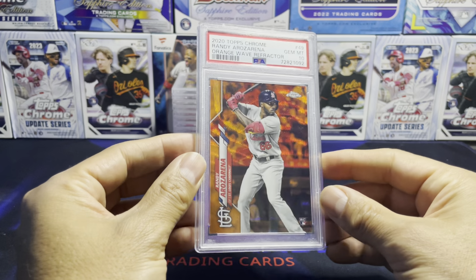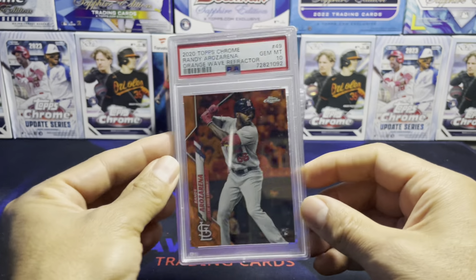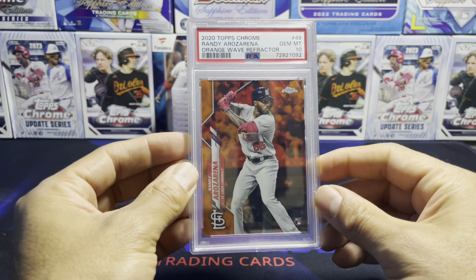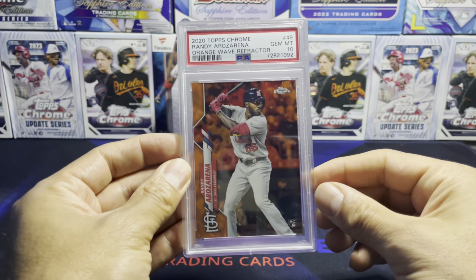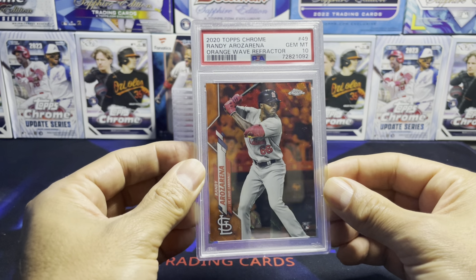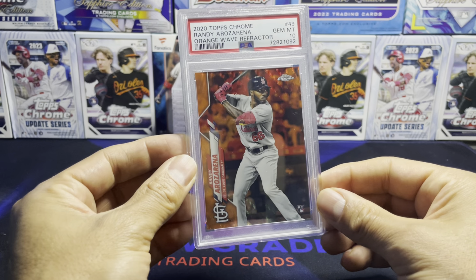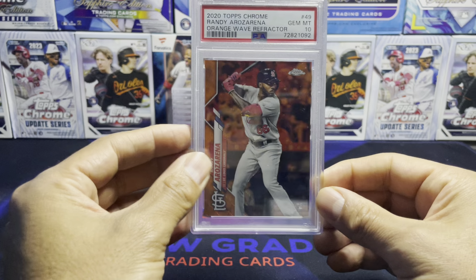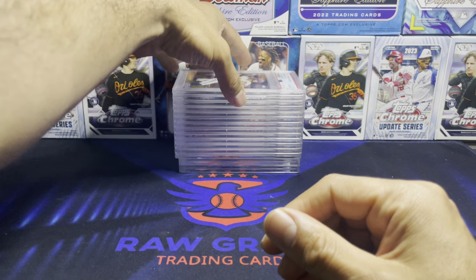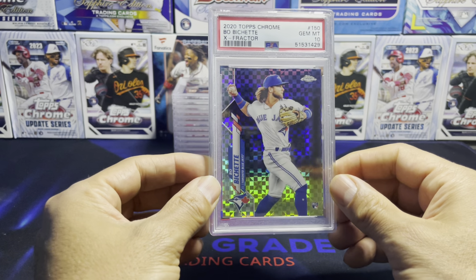So here's one of my favorite players. This is an orange, out of 25. This is a Randy Arozarena. It's just a gorgeous card. The update looks really good too, which I also have, but I think this is the Topps Chrome. You're going to see a lot of Chrome here. As we get into the older collection cards or players, they're not going to have Chrome versions. They might have just the